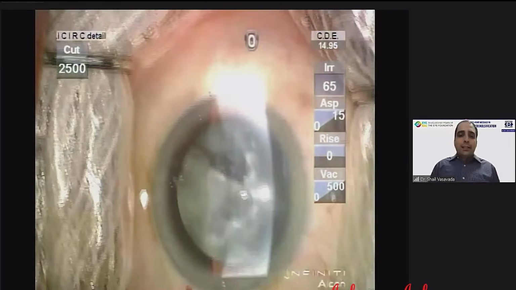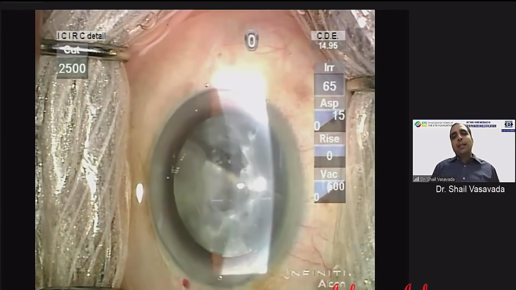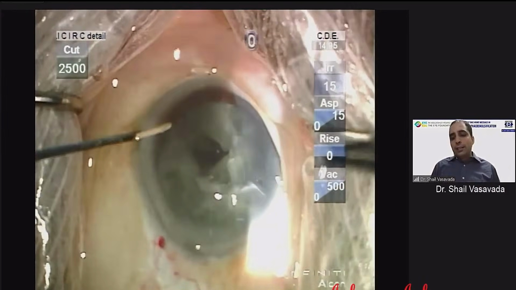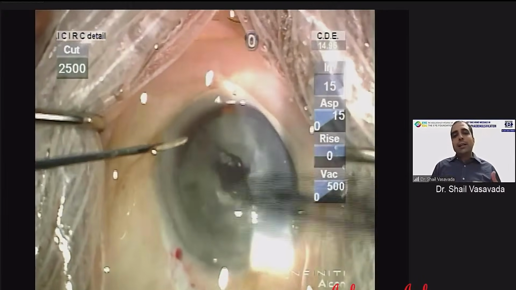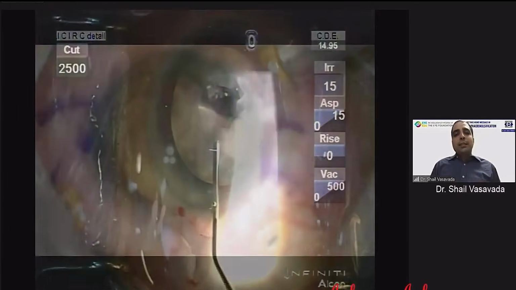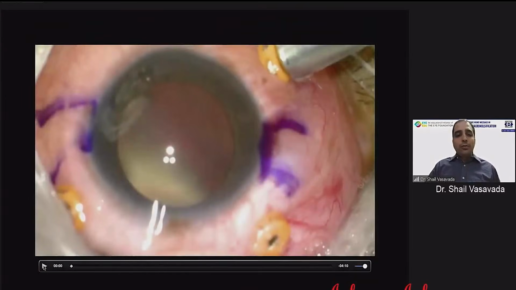So I think this is a scenario that all of us are going to face, a posterior capsule rupture, and it can occur as early as the phase of just starting nucleus removal or nucleus assembly, or it can occur as late as irrigation aspiration. So the key point is that we need to attack the vitreous whenever it presents to us, and therefore we should not delay